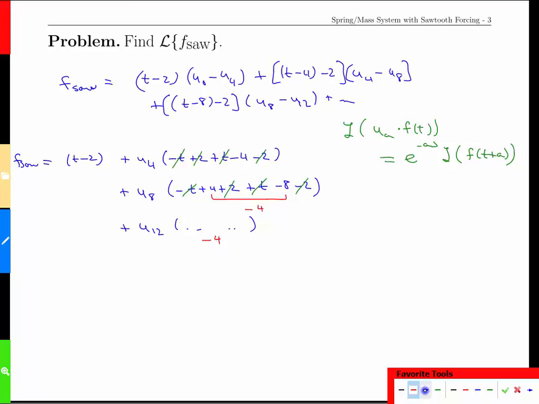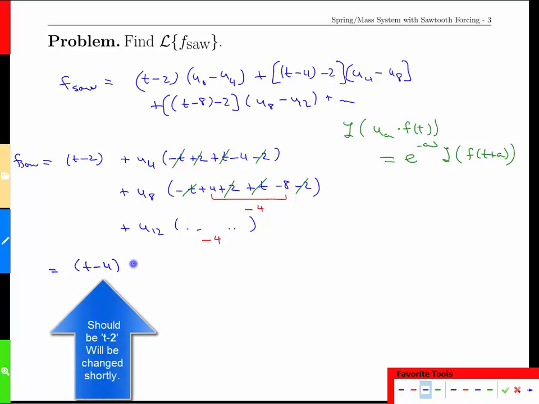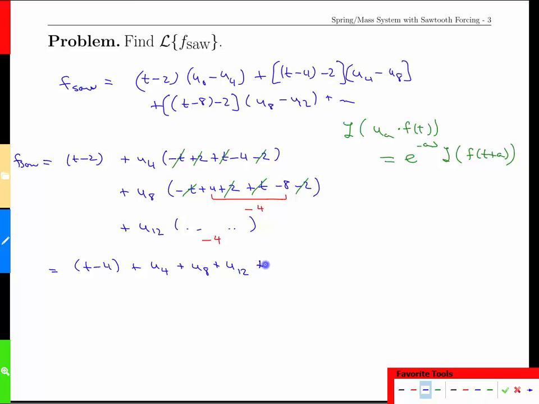Well, that's not so bad at all. We have a leading term that we need to transform, and then we're going to have all these other step functions, u4 and u8 and u12 and u16. All of those together simply times negative 4. So that makes our transform very straightforward. The Laplace transform of our forcing function here is going to be 1 over s squared minus 4 over s,